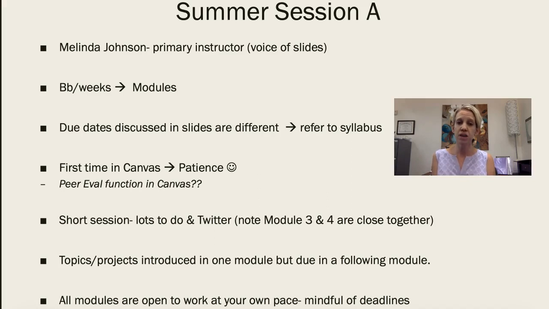But please be mindful that there are some things you won't be able to complete until the rest of the class is up with you, meaning in a lot of the discussion boards you're required to respond to other student posts, which you cannot do if there's nothing posted but your own post.